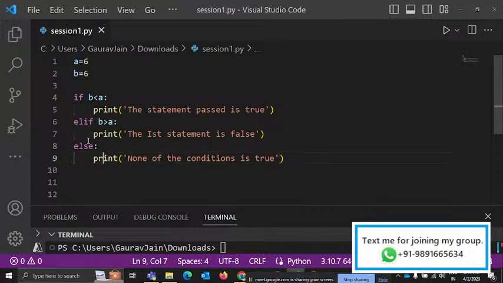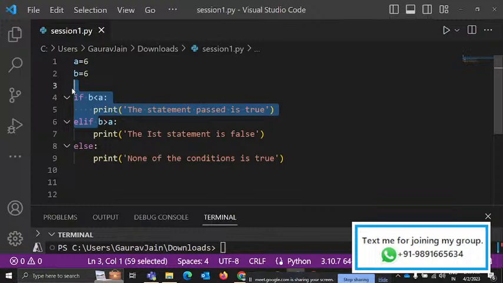Fine. So what is this else part? What this else part will do, अगर ऊपर की कोई भी कंडीशन, मान लीजिए आपके पास 100 कंडीशंस भी हैं, जब आप बड़ा प्रोजेक्ट कर रहे होते हैं तो आपके पास 200 कंडीशंस भी हो सकती हैं, ठीक है, उनमें से एक भी कंडीशन सही नहीं है, तो यूज़र को कैसे पता चलेगा कि जो कंडीशन उसने डिफाइन करवा रखी है कोडर से वो सारी की सारी गलत है,